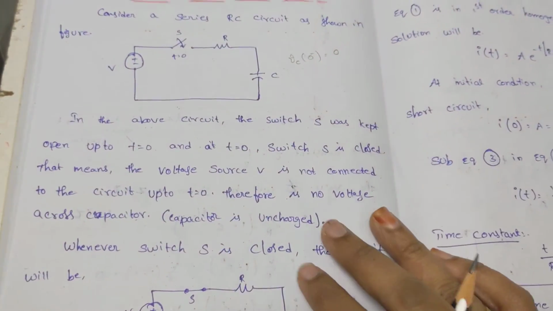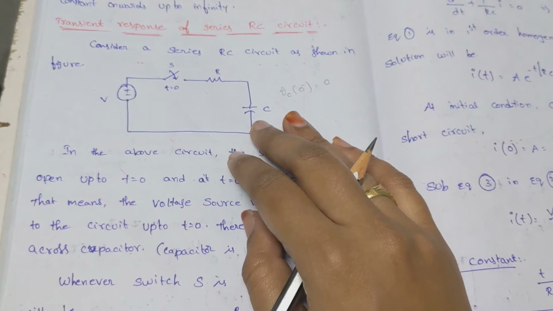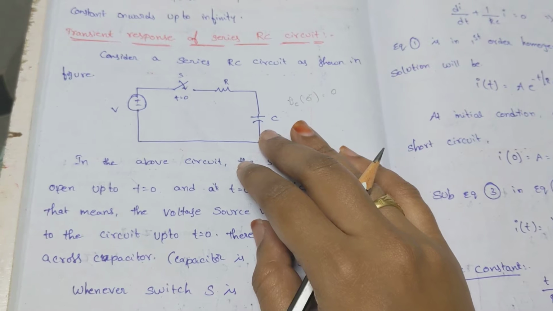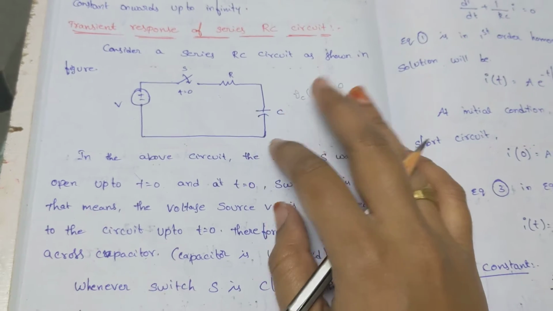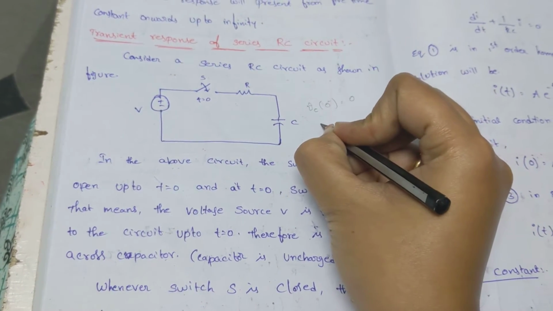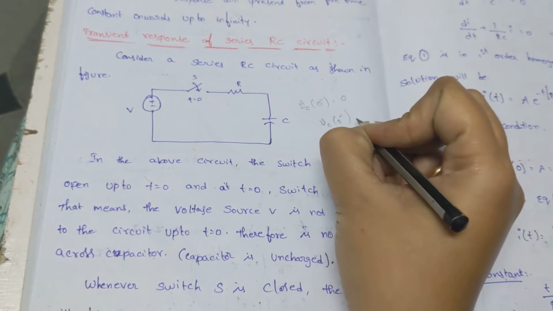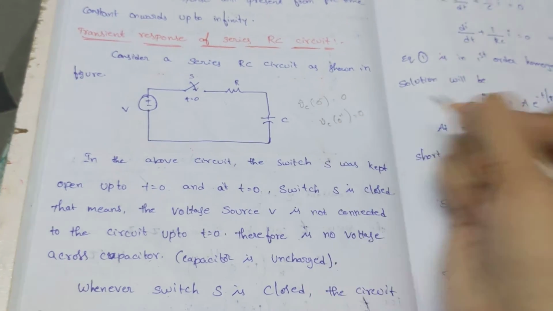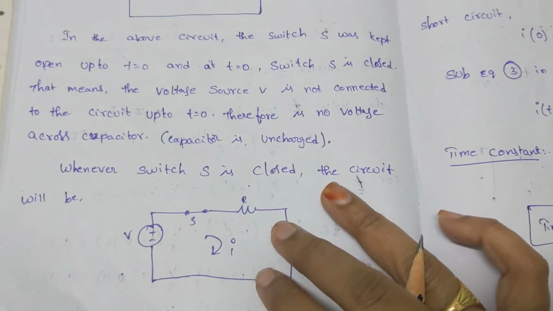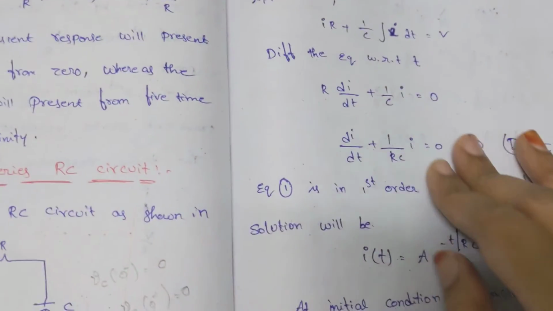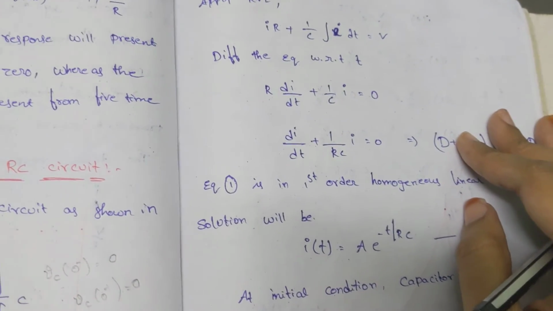Now we want to know what happens after closing the switch. The nature of the capacitor does not allow a sudden change in voltage. That means whatever the previous state voltage, VC0 plus will also be 0. So as soon as you close the switch, the current starts flowing. The same thing, we are going to find out the current equation. That is our main criterion.